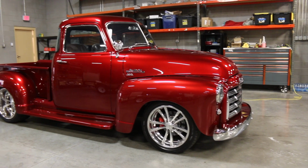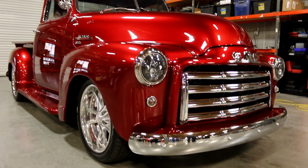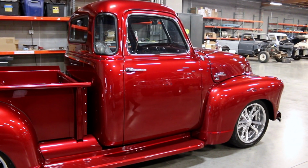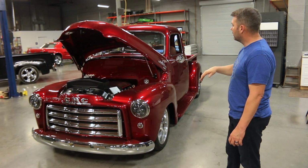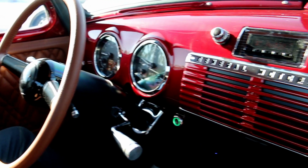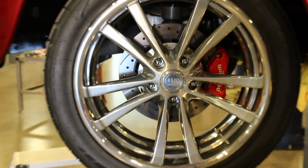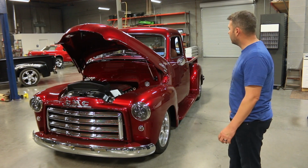And what we ended up with was just a beautiful truck. The paint is a Mazda color. It's on their new SUVs, a 2017. The paint's kind of that candy apple tri-coat color. We've got the LT-1 motor. It's got Vintage Air. I mean, it really has anything and everything you could want, from push button start, tilt column, nice leather interior, beautiful US Mags wheels, just upgraded everything. It's a pretty fun truck to drive,